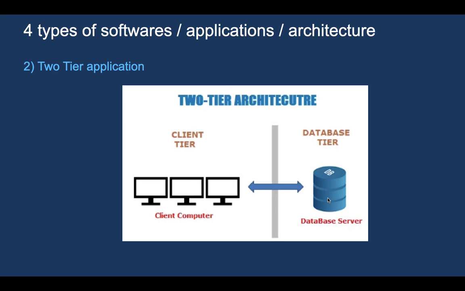So this server will store only the database, it will not do any kind of processing, it will not have any logic in it. And a server which stores only the database is often called a database server. So this is the two tier architecture. The client machine has presentation layer and business logic layer, also called application layer, and there will be another computer, a server called database server, which will store the database tier.